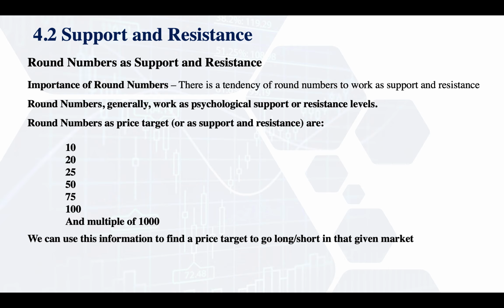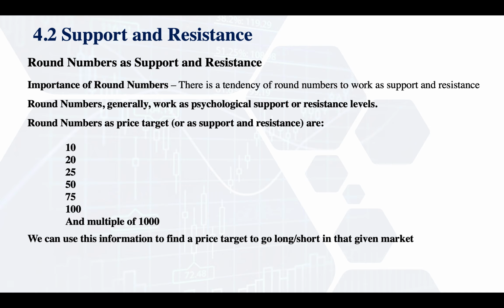Again, another important concept is round numbers. Round numbers work as supports and resistances sometimes, not always. There are some specific numbers like 10, 20, 25, 100 or multiples of thousands, where the market is going to stop. Why? What is the reason? It's mainly based on our behavior. It's a psychological support. This is important because we can use this information to buy and to sell,